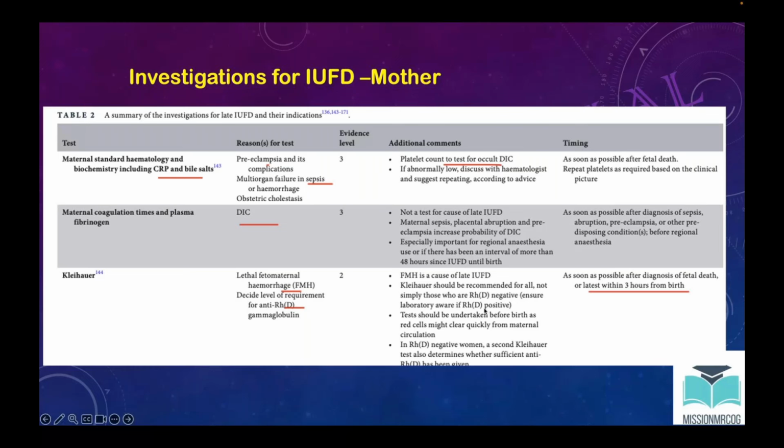Okay, and it has to be done very quickly, within 3 hours from birth. Why? Because fetal cells will very quickly clear from the maternal blood. And if the woman is RH negative, then by doing this test you'll be able to find out whether a larger amount of anti-D injection has to be given or not. So this part is important to understand for both part 2 and part 3 people. Okay,